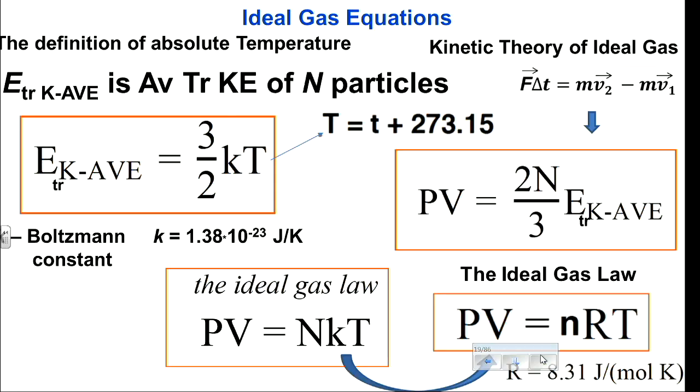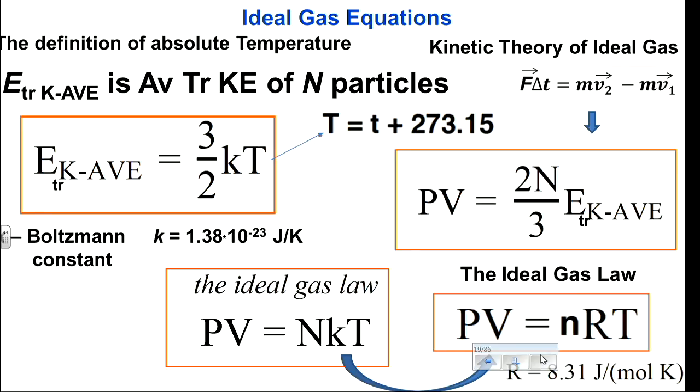But now, if we combine these two together, we can write an equation like this. We can replace average kinetic energy. This is much easier because we can measure temperature, we can measure volume, we can measure pressure, but this also is not very convenient. For example, this constant has a negative 23rd power. So we just rewrite it using more convenient numbers.